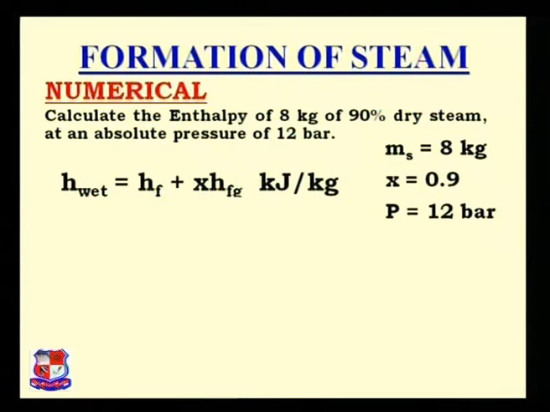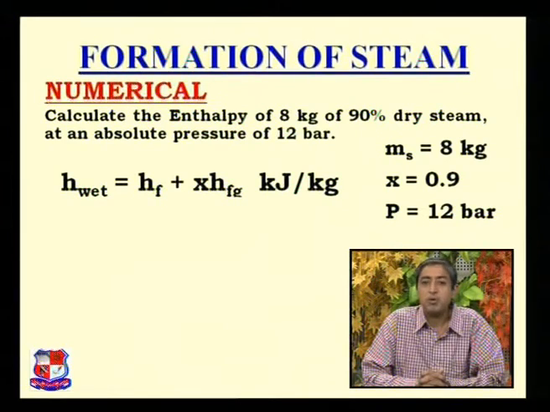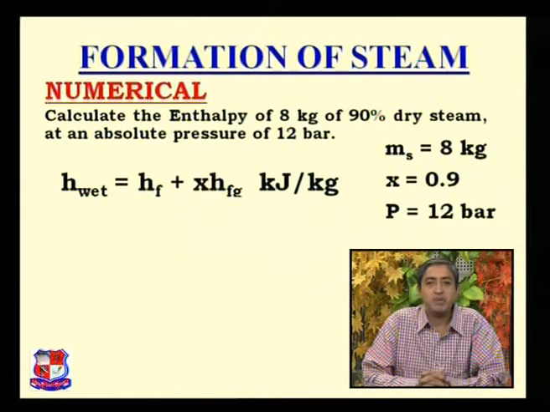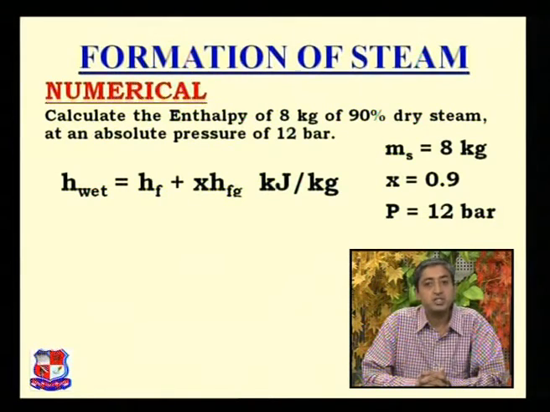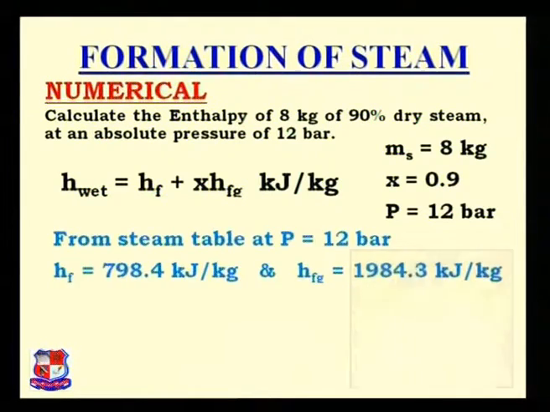Now to solve this equation we require the values of hf, x and hfg. From the problem we know that they have given us the x value, that is 0.9, and we require the other 2 values, that is hf and hfg, and that is obtained from the steam table at the given pressure of steam. So we have to look at the steam table at 12 bar pressure. From the steam table at 12 bar pressure, the hf value is 798.4 kilojoule per kg and hfg is equal to